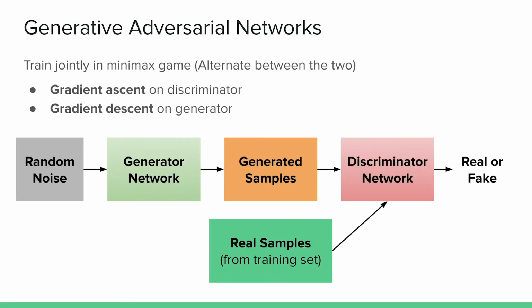So how does this work? We train these two networks, these two sub-networks, in a joint min-max game. So we're alternating between the two. We're taking a few training steps for the generator and then taking a few training steps in the discriminator. So we train the discriminator with gradient ascent and the generator with gradient descent to be able to produce good examples. The problem now is when we use this training scheme that